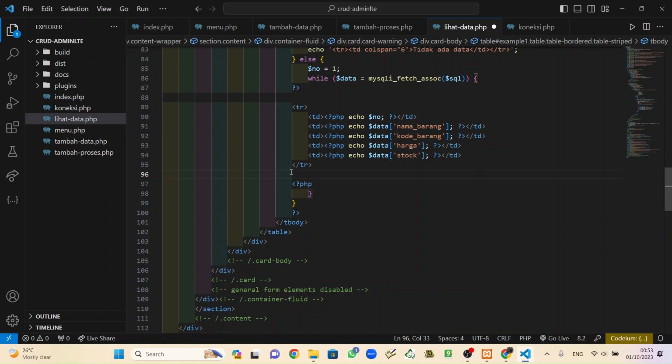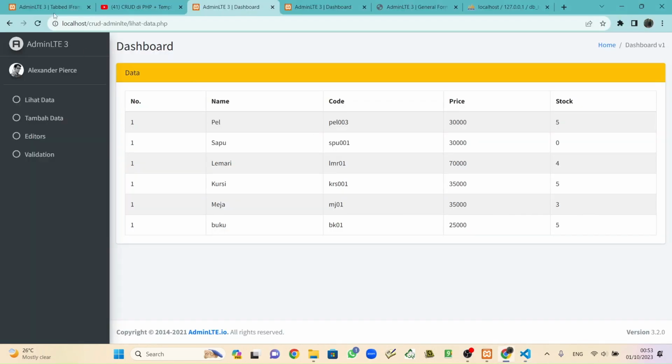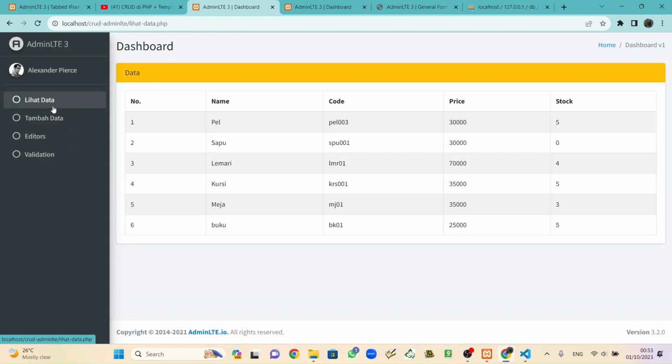Control X, Control V, so it's not disrupted. Okay, we reload. Now the increment is working. So that's enough. The first one, tambah data works, and also lihat data works.